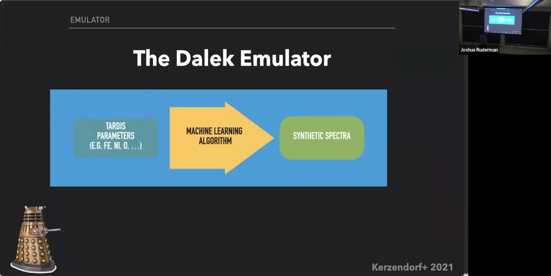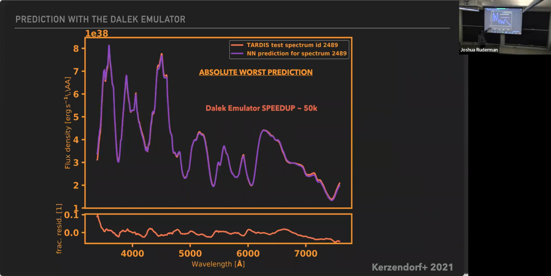So what we did is we made an approximation to TARDIS, which is the code that we're using, which evaluates much, much faster than TARDIS but essentially gives the same results. And this is what Dalek is. Essentially we have a speed up of, this is no longer true, Jack, right? 50K, I think it's now 10 to the 8 or something like this. And we produce a spectrum that essentially looks the same as TARDIS. So we made a fast TARDIS.